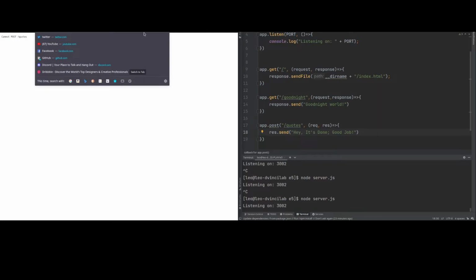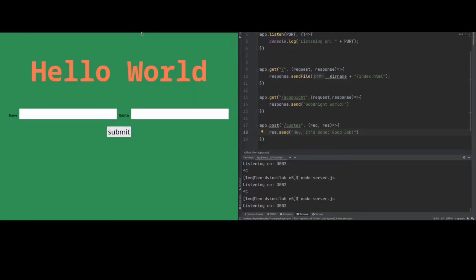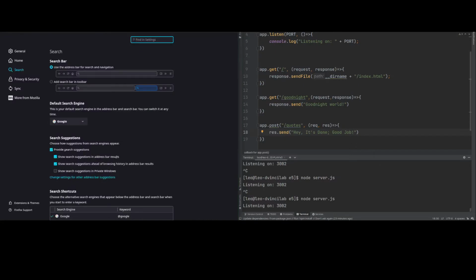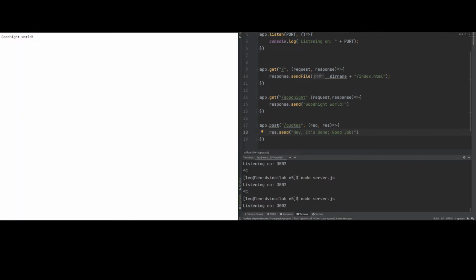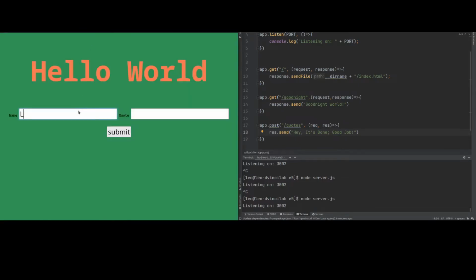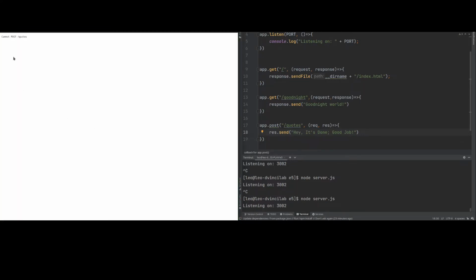Now when I do it, go back here home. Good night should still be there. Nothing wrong with that. Good night. Uh-oh. Setting. Good night. Go back here to home. Hello world. Leo. I did it. Submit that. Oh, cannot post. Oh, how does that not work though? Huh. Oh, I did send. I don't want to do send. I want to do